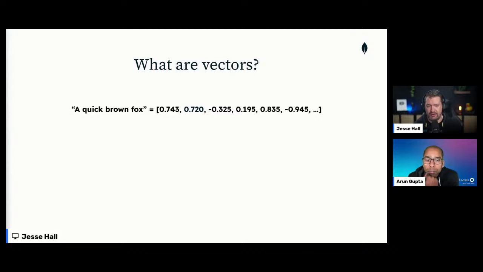And a vector is basically just an array of numbers. You can think of a vector as a graph, right? So you have the different points in your graph, and these numbers represent those different points. And so we have the numbers; these coordinates are in an n-dimensional space, where n represents the array length. So, for instance, if we have 1536 as our array length, we have 1536 dimensions that we can then use in that vector space. And so